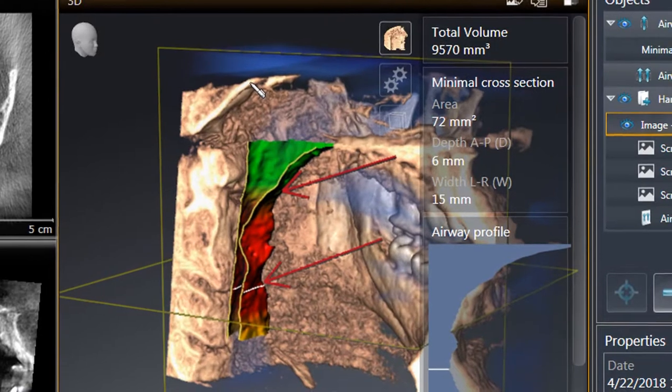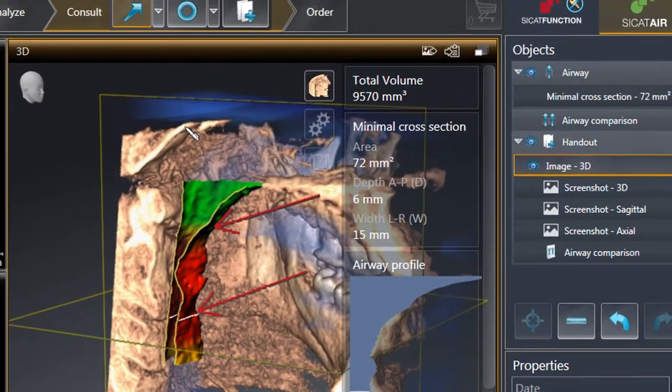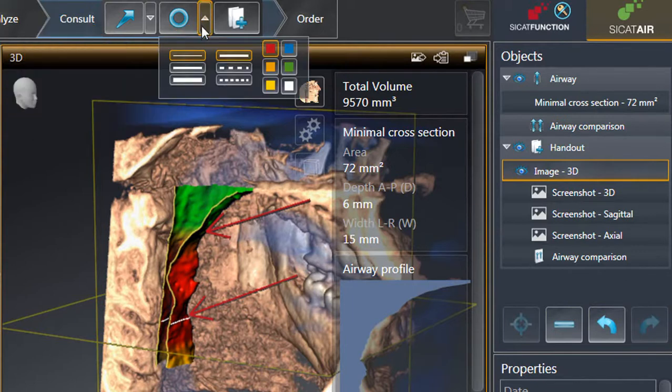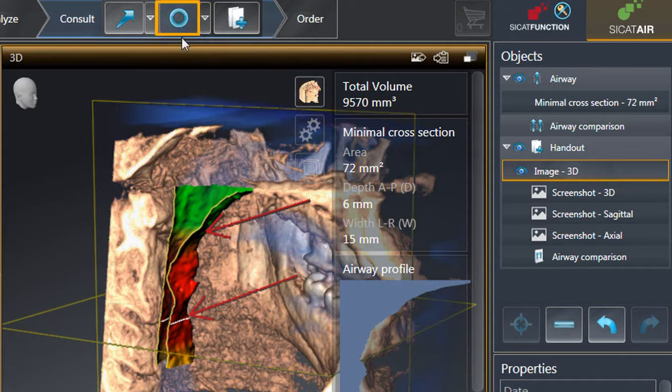If we'd like to place a circle for any reason, the same concept is true. So we determine what the color of the circle should be. We click here on the down arrow. We're going to make this one blue. Click what type of line we'd like, and then when we come back here and hit the tool is active,